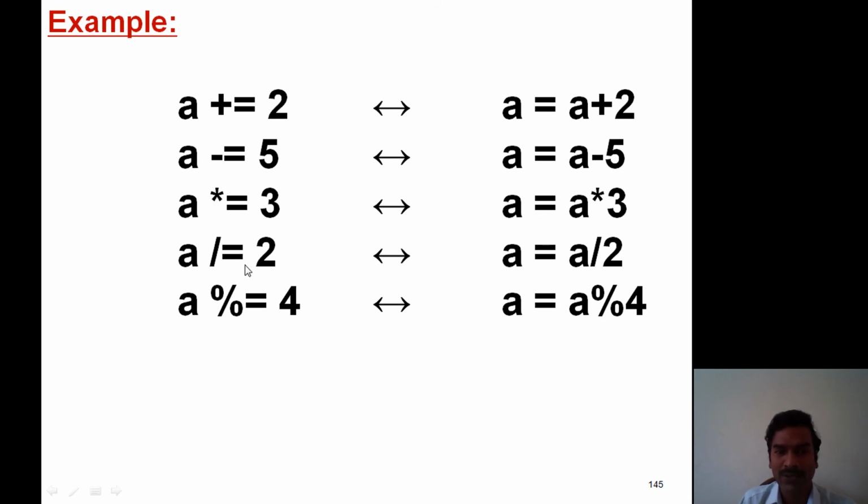A divide equal to 2: internal meaning A equal to A divided by 2. A modulo equal to 4: internal meaning A equal to A modulo 4. So as per the assignment format, first the right hand side expression is executed and the result value is stored in the left hand side variable.